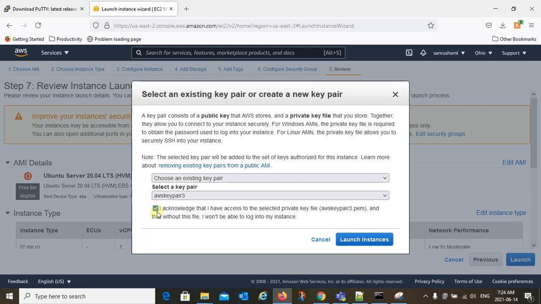Select that. This one is very important, and it says right here, if you lose your key pair, you will not have access to the instance. Make sure you have properly saved the key pair you just created. This is like having the key to your house. If you are locked outside your house, you cannot get in unless you have the key for your house, right? Same way, the key pair will be required for you to be able to access your instance.